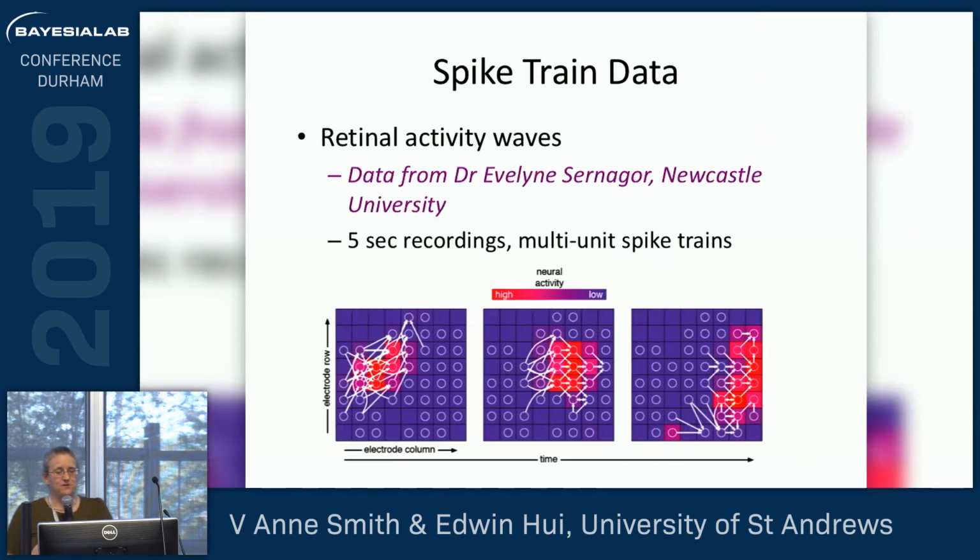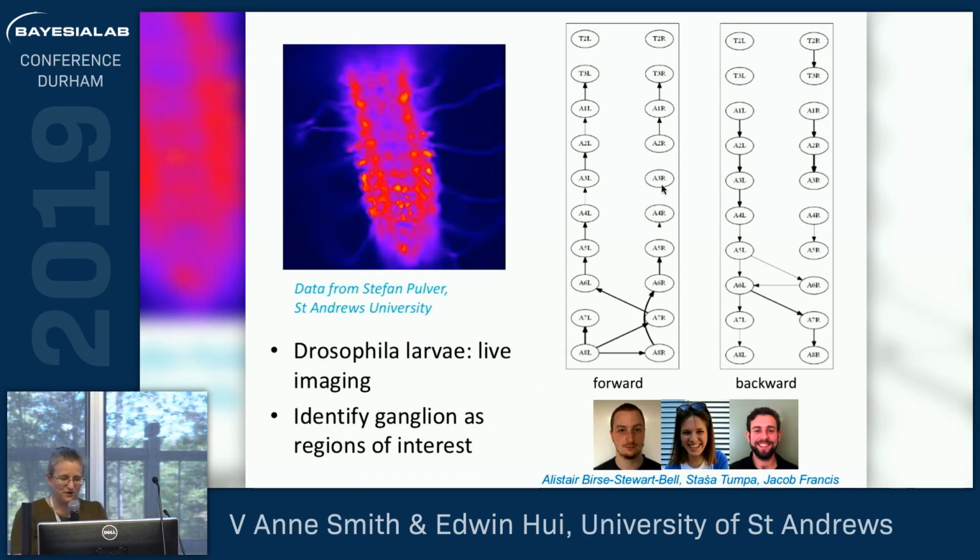And then we were able to use this. This is actually, I love this. This is data from blind mice on their retinas. And what the blind mice do is they just have kind of activity waves that go across their retinas because they can't see. So they've just got this random activity that happens, and we could see these waves moving across the retinas.